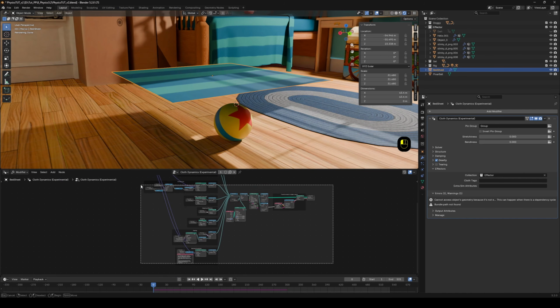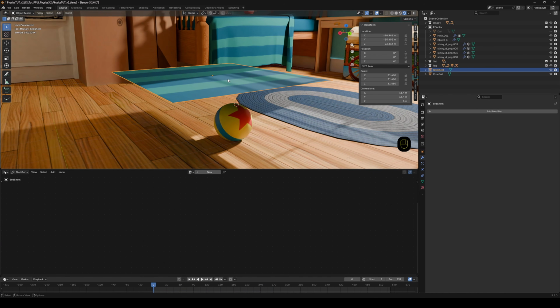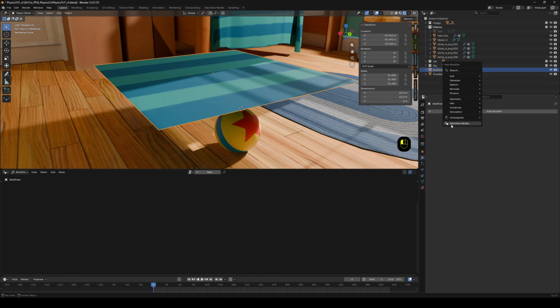Right, now let's talk about something that I'm sure you will want to add to any simulation, I mean forces. Based on this geometry node setup, we are going to create a much simpler setup and add external forces to our simulation. This will allow us to go beyond just using effectors, object information, and the bundle system we explored before. So let's delete everything and go back to our plane,